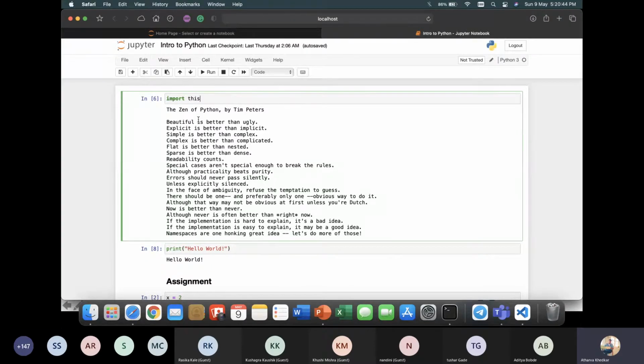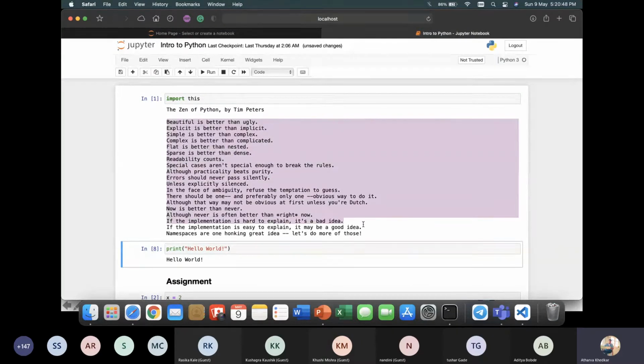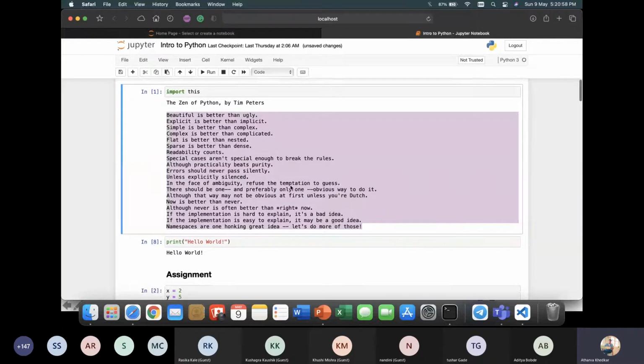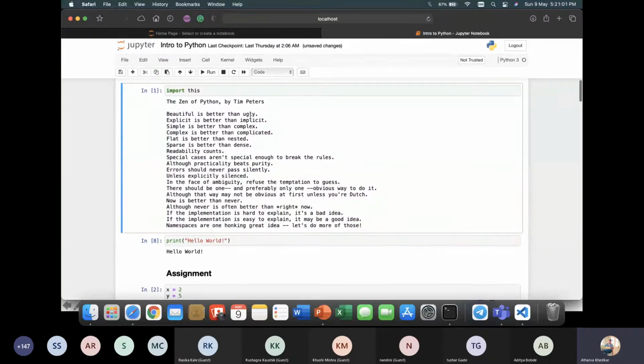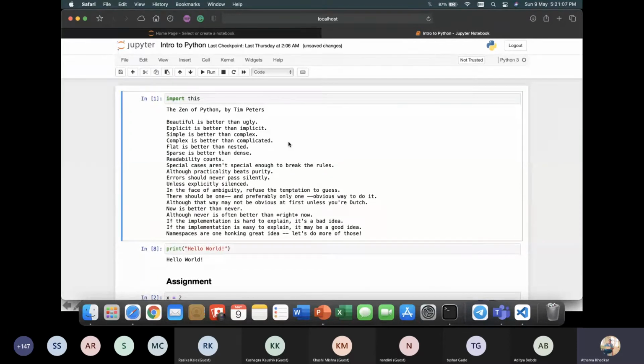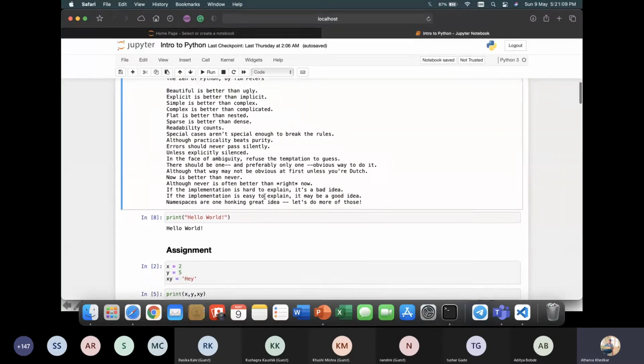I'll just execute this once again. It gives you 19 rules of writing a good Python program. So it's just a set of instructions about writing programs in Python. Beautiful is better than ugly, of course, explicit is better than implicit, and all the others. So it's just an Easter egg in this Python programming language.